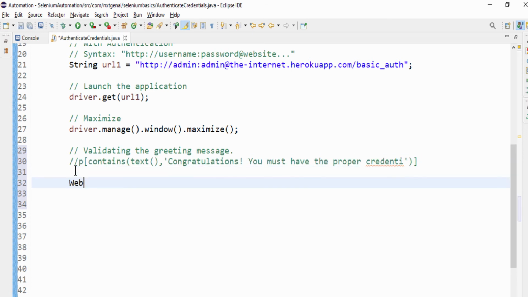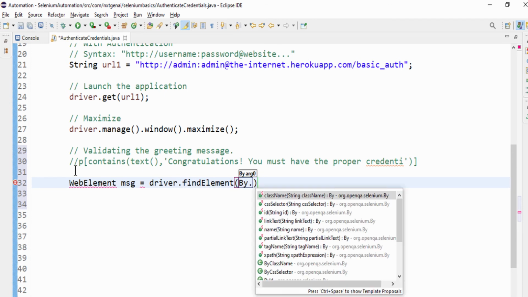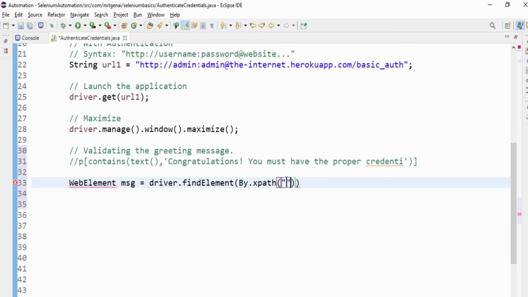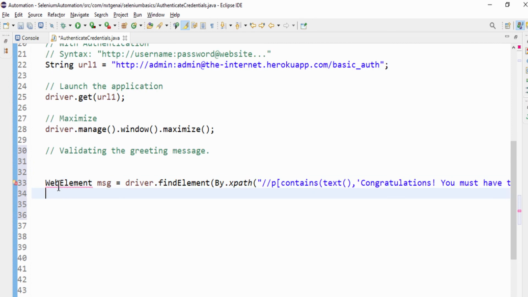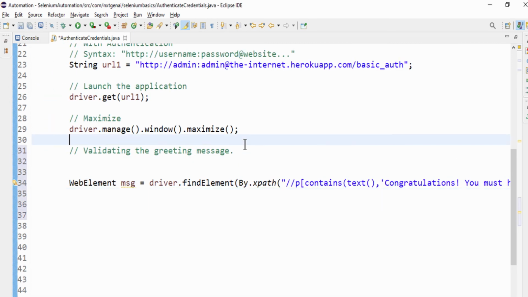Let me initialize WebElement message equal to driver.findElement(By.xpath(relative XPath value)). We found it already. Let's import the necessary library.